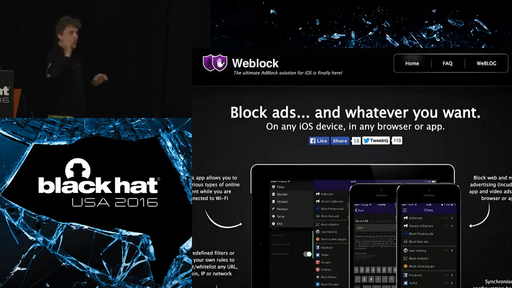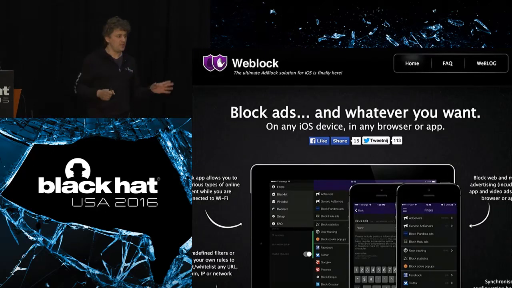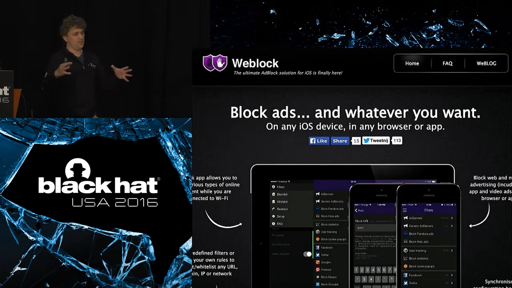When we're talking about domain names, of course I scanned all possible WPAD domain names from different TLDs to find out who owns them. Some of the domain names, like .com and .org, are really blocked, so nobody can use them. But some are owned by a really strange company, for example a company called Weblog. It's a small company. They provide an app which gives people the possibility to block ads in case you install this app on an iPhone, for example, iOS.